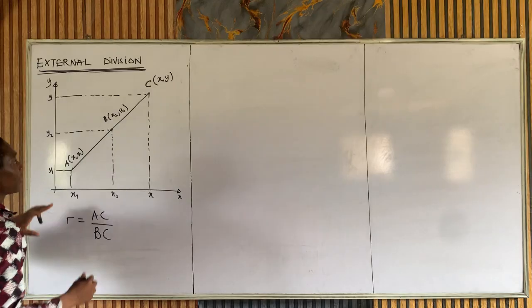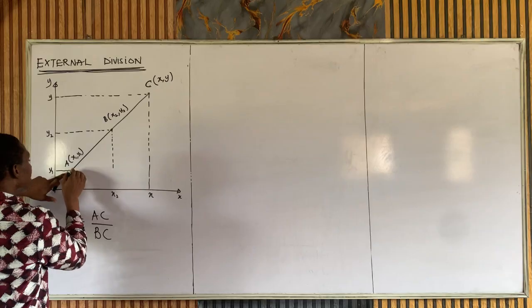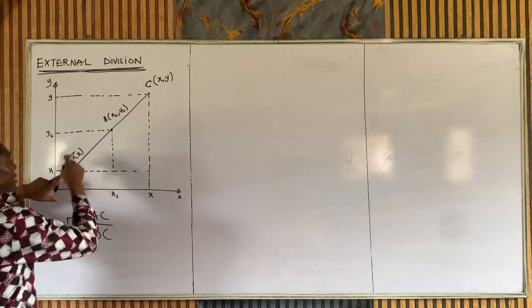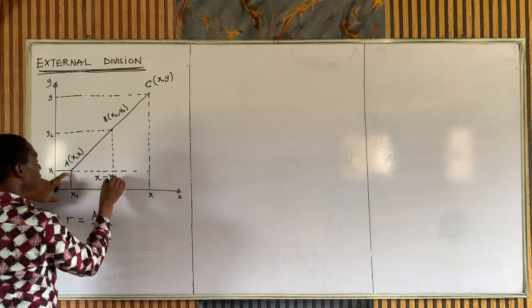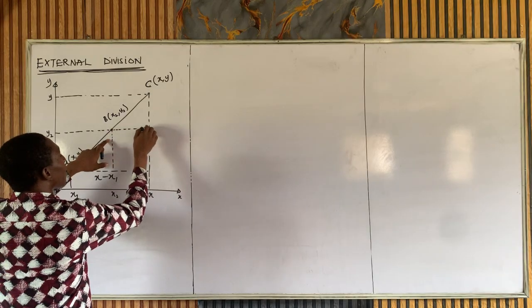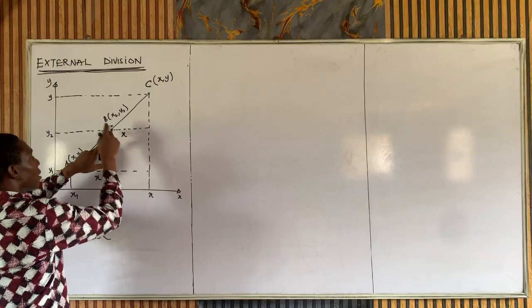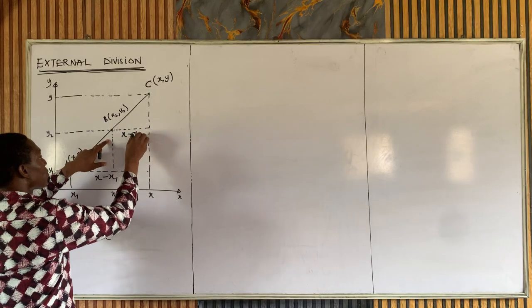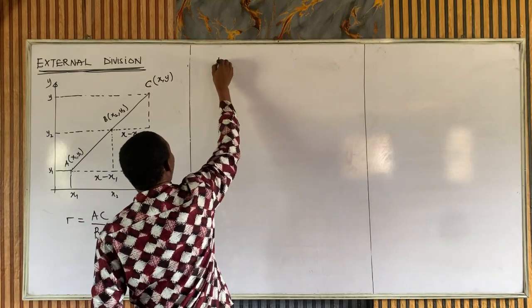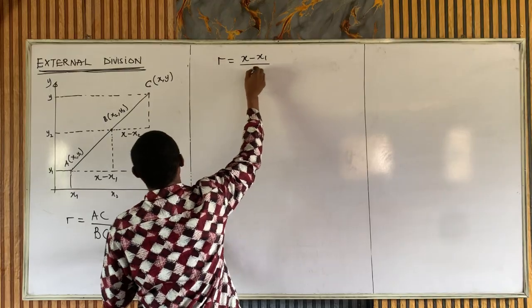Now, take note, AC along the x-axis, that's the distance that runs from here to here. That will simply be x minus x1. The ratio to the distance that runs from here to here, that's BC, and the coordinate here is x2, so x minus x2, because this is x2 along the x-axis. So I'm looking for R, which is simply x minus x1 divided by x